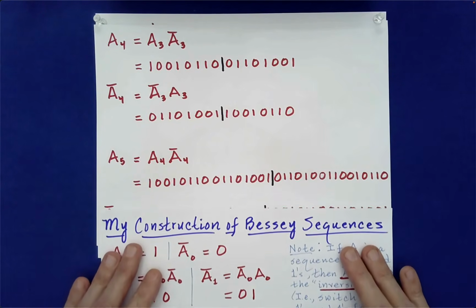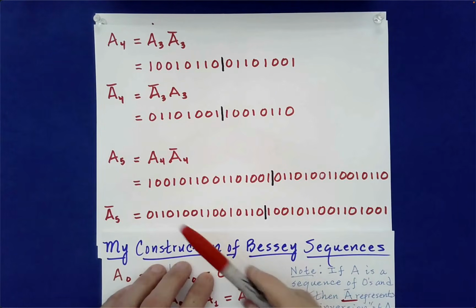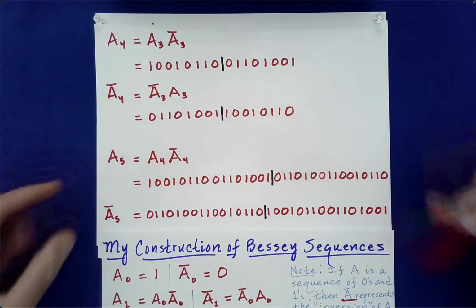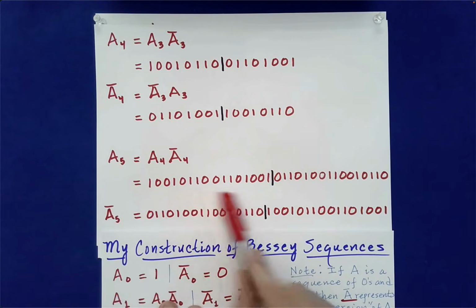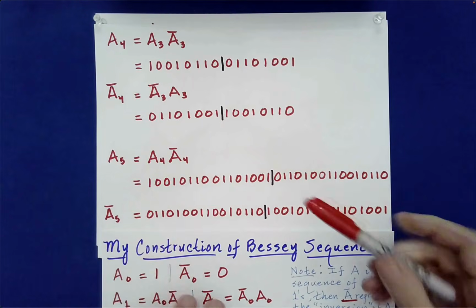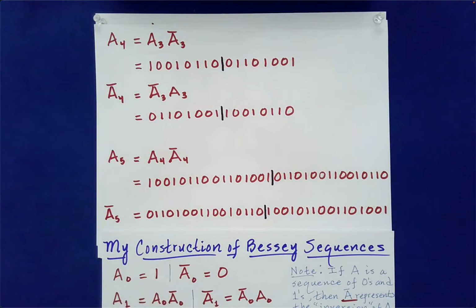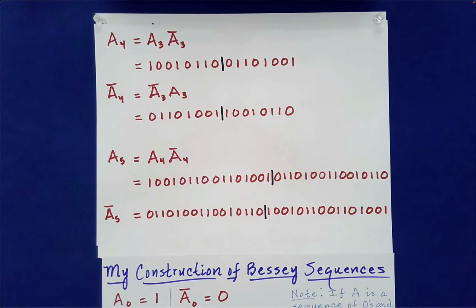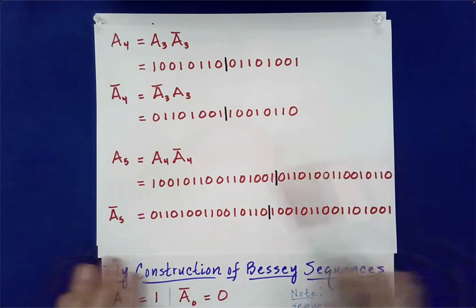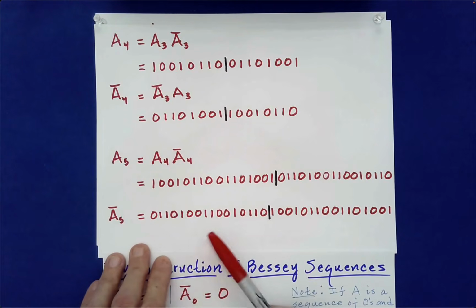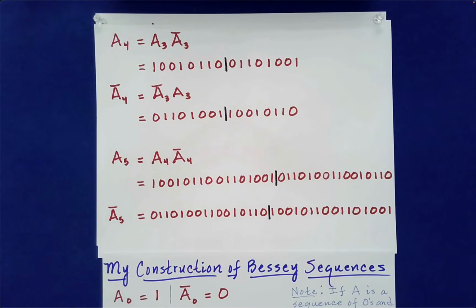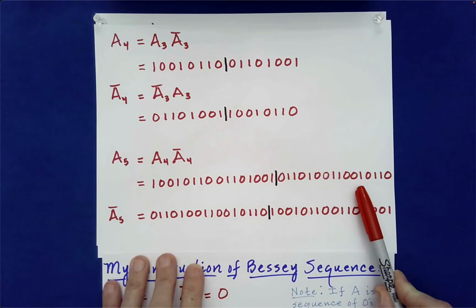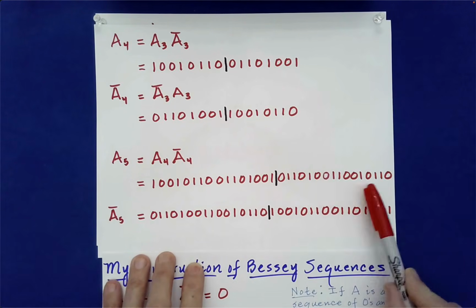So here, when we arrive at A5, what we do is we take this sequence and its inversion, and we concatenate them, put them next to each other. That's all we've done. Now, I've been drawing this black bar that just aids the eye in seeing where the middle is, so you can kind of see how the parts are being put together. And here's the inversion of this one. So 1s and 0s have switched places. So the claim is that this is a Bessey sequence. And this is the structure. If you go back,